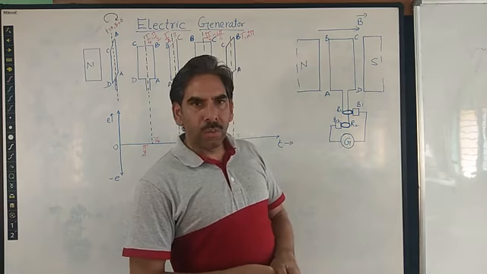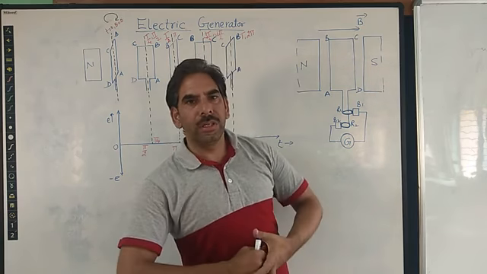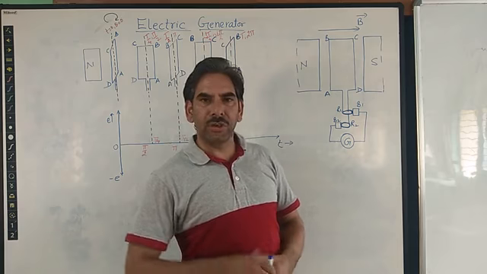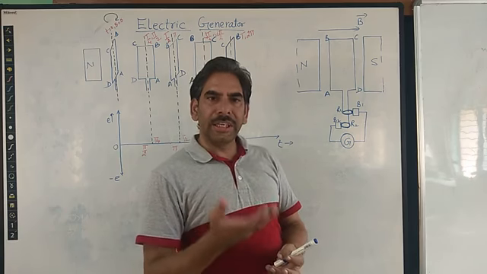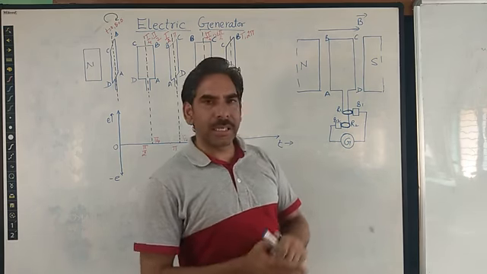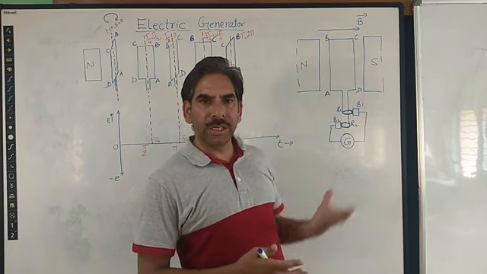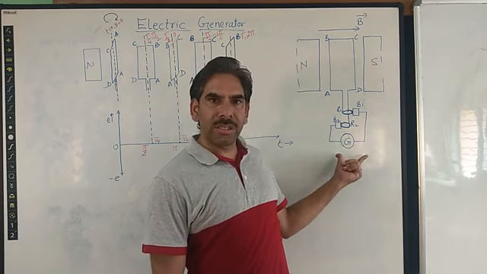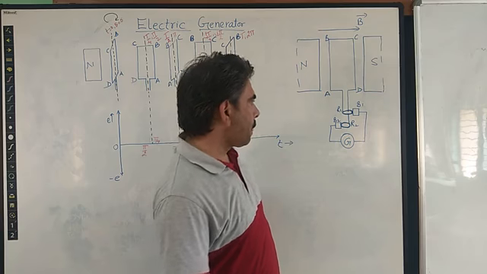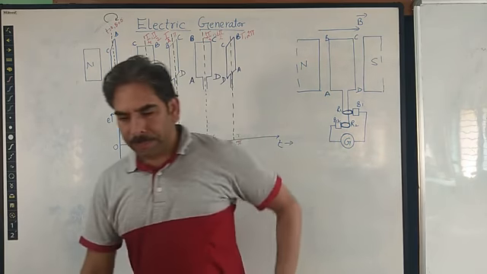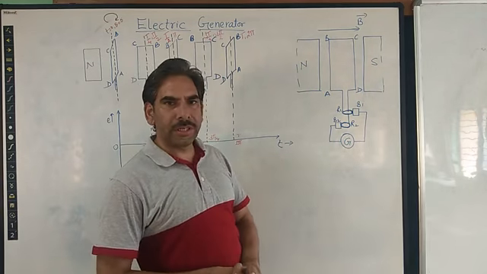So this is how it works and what the basic principle is. What is the principle of an electric generator? The phenomenon of electromagnetic induction. Whenever a coil is rotated inside a uniform magnetic field, an induced EMF is set up across the two ends of that coil. That induced EMF causes the flow of current in the coil, and hence this current is detected with the help of this galvanometer as per our circuit setup. Okay, so that is about the construction, the working principle and the different parts of this electric generator.